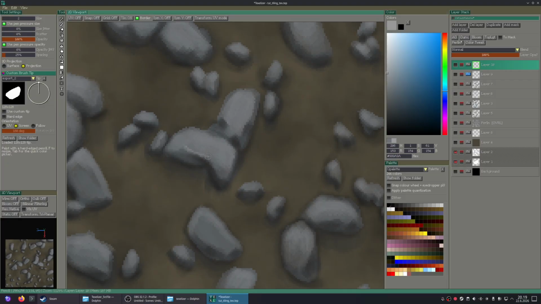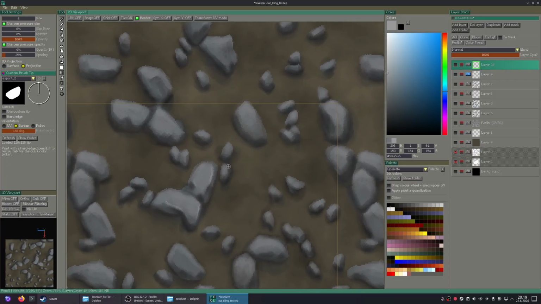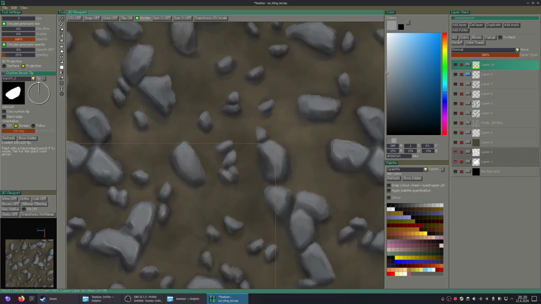And now I want to make the finer highlights for these rocks. Although I'm not actually sure if it's a bit too early for that, but let's see. So some kind of highlights where the light would hit. There's the power of the tiling again. And there, I don't have to use the clone tool, I don't have to do anything, I just paint.